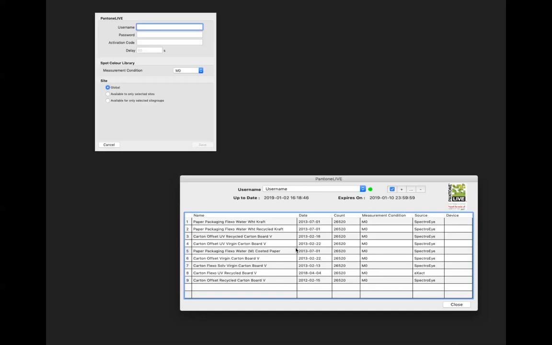And in order to get the color books to download, you have to click the plus button to the right of the username, which opens the top left window where you put in your myxrite.com username and password and the activation code that you got from the Pantone Live license, and then choose your measurement condition. What measurement condition you want the data to be in when you download it. So M0, M1, M2, M3, etc. Save that,